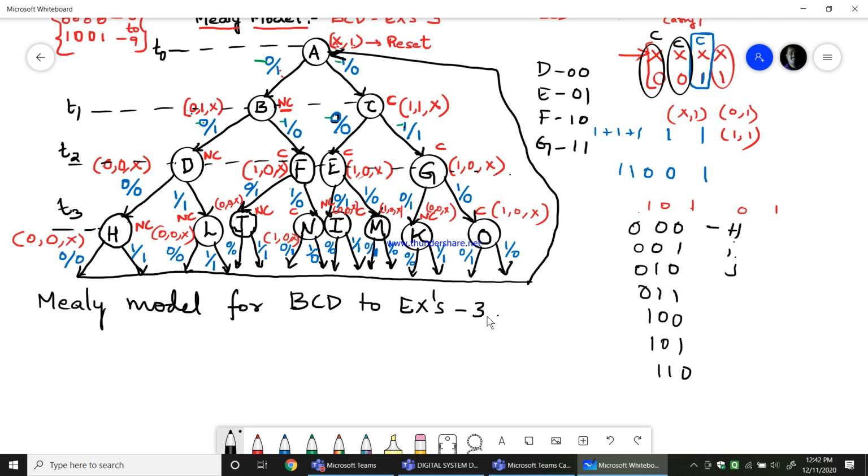Sir, how is it 1 0 at G? Which one? G. Okay. There is a carry, no? See, at G the output is 1, no, sir? And at G, we will be adding 0 here.